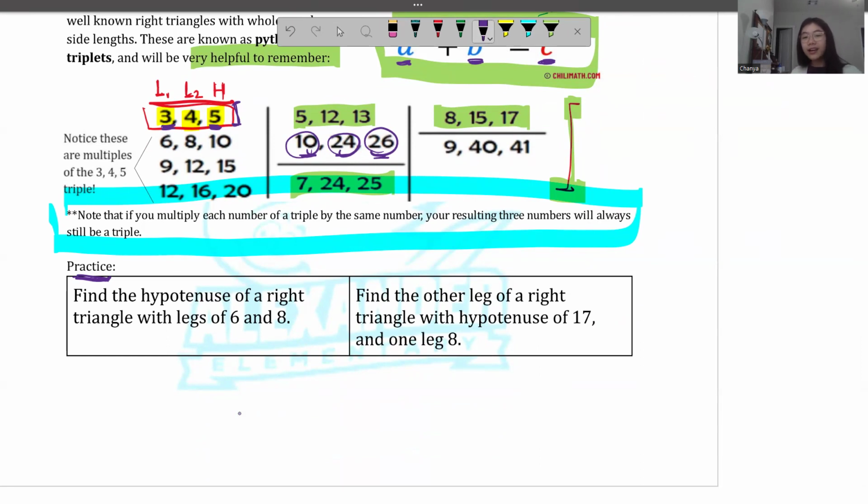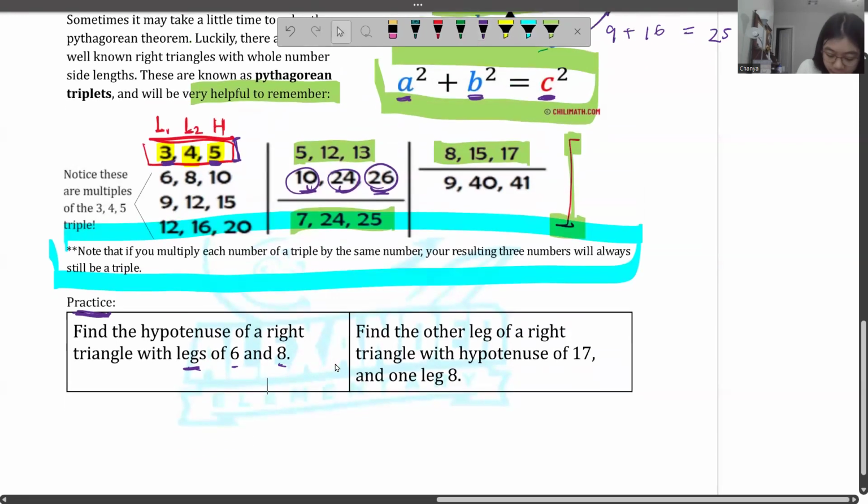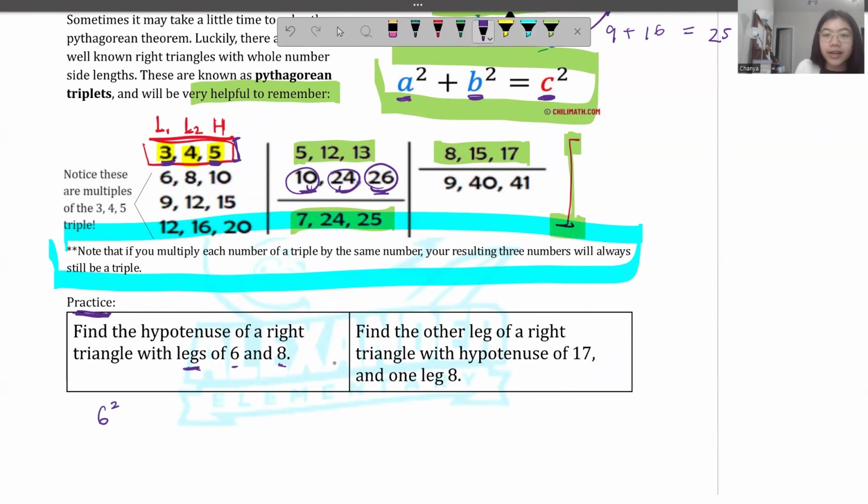Okay, so if you're ready, I'll give the answer now. Basically, you notice that your legs are 6 and 8. So you plug this into the Pythagorean theorem, right? You take your first leg, which is 6 squared, plus your other leg, which is 8 squared, is equal to your hypotenuse,